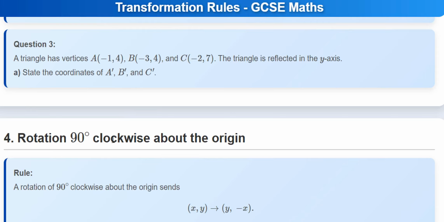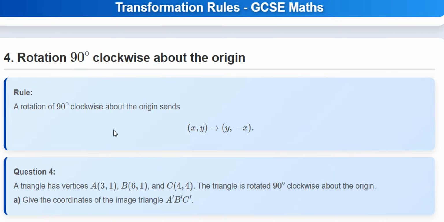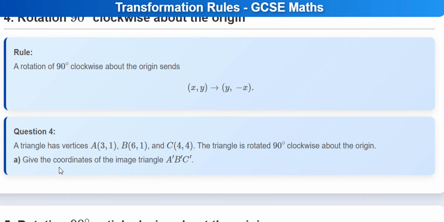So the fourth rule is about rotation 90 degrees clockwise about the origin. The origin is of course point (0, 0), and if we do so, then in the rotation 90 degrees clockwise, the coordinates first change: the x coordinates become the y coordinates, and the y coordinates become the x coordinates, but now negative. So can we apply this rule to solve this question where we are told a triangle has vertices A(3, 1),